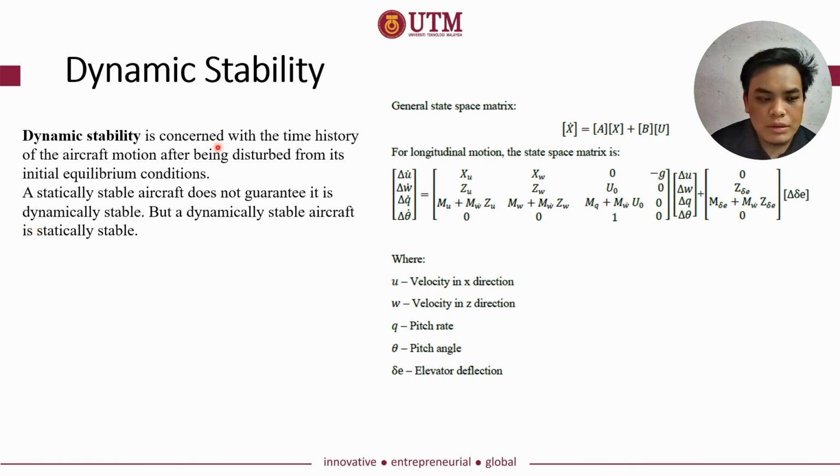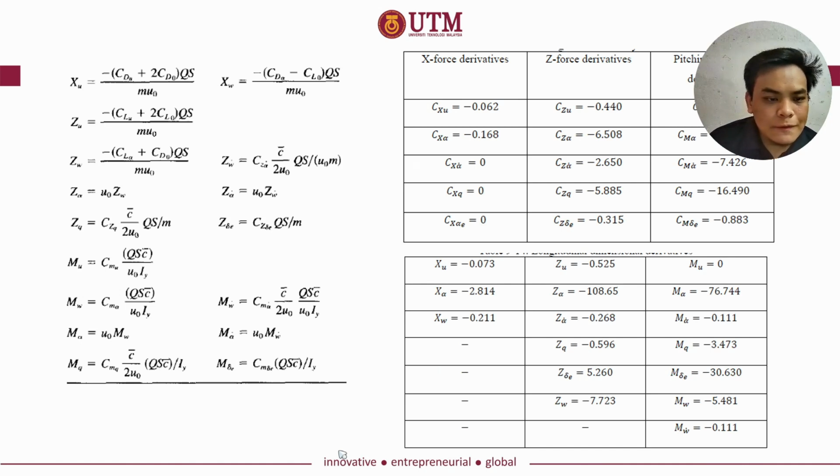In order to find the dynamic stability, we need to use the state space matrix. This is the general state space matrix, and for longitudinal motion the state space matrix is xu, xw, and so on, where u is the velocity in the x direction, w is the velocity in the z direction, q is the pitch rate, theta is the pitch angle, and delta E is the elevator deflection. These are the derivatives needed to find the state space matrix, and by plugging in these values into this equation,